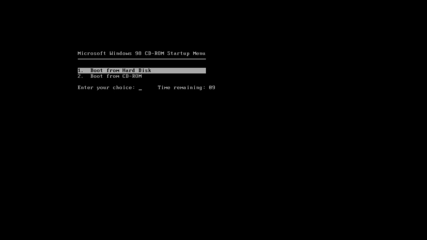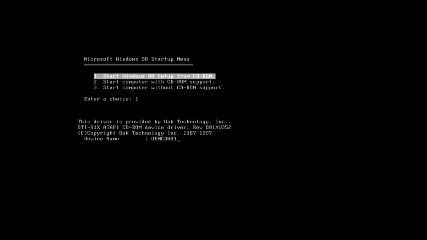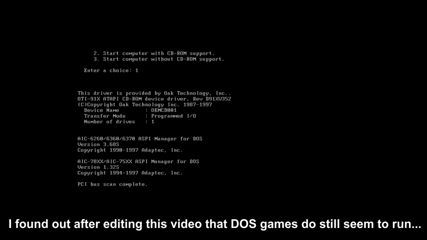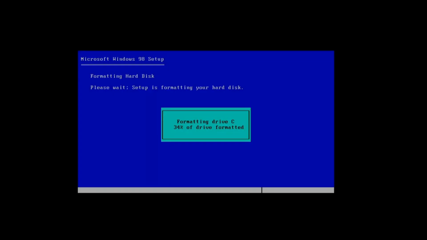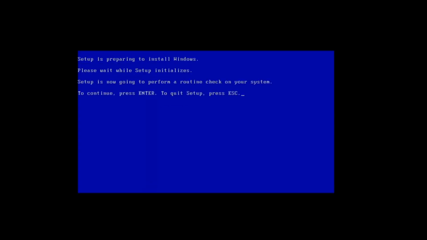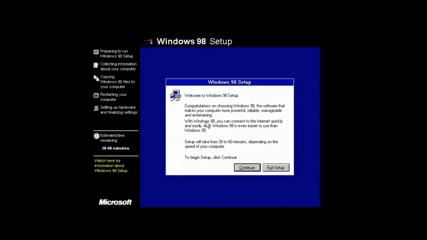Normally you have to go through the F-disk thing and format that. Then we boot from CD-ROM. Go back in again. Yeah, that's it. If you go to the hard drive, it just sits there and does nothing. What this does, over and above what you normally have to do on Windows 98, is the F-disk and then the logical DOS partition, and that's really confusing. But I'm not going to be using DOS games on here anyway, so